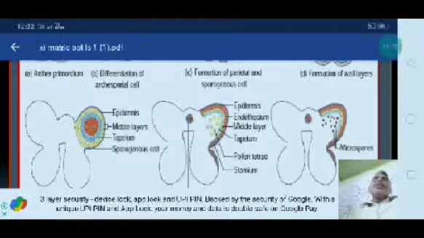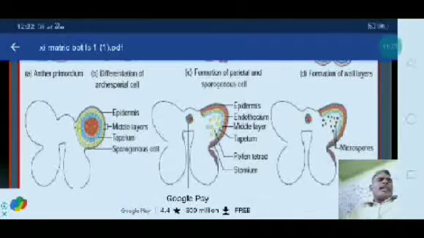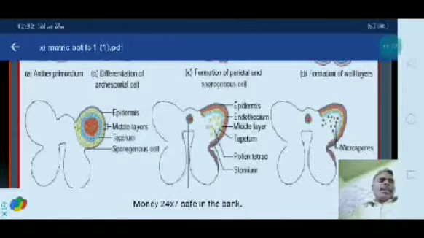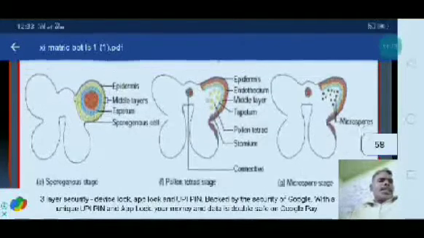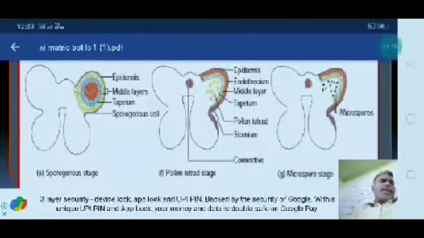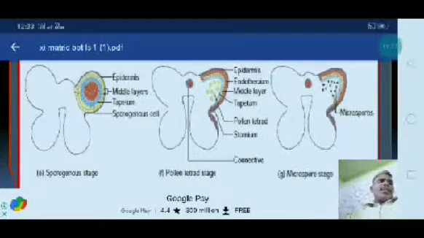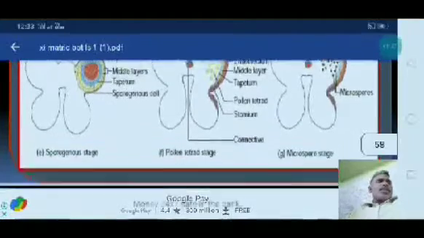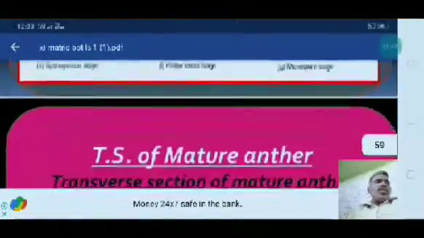Then the epidermis will undergo some mitotic divisions; it forms the outer covering. Then the endothecium, which is mostly present as a transverse layer. Then the middle layer, tapetum, pollen in dehisced condition, and stomium. In the stomium there are no layers present. Then connective tissue. Then microspores are present in this single lobe.